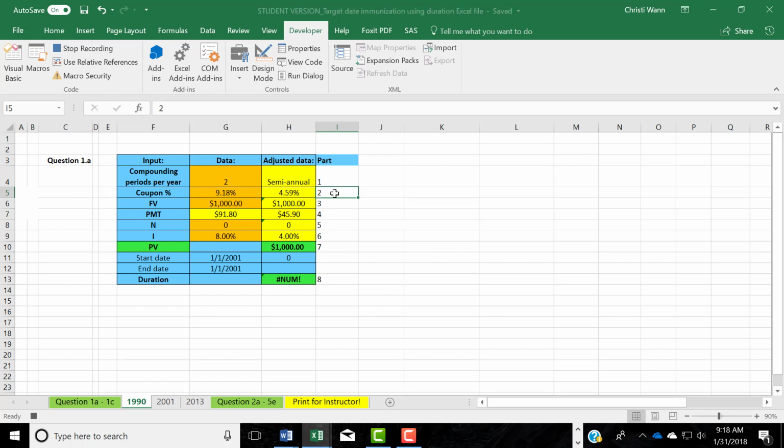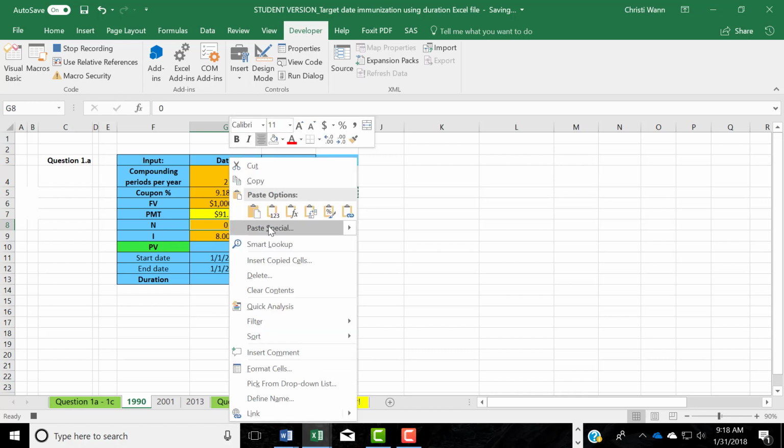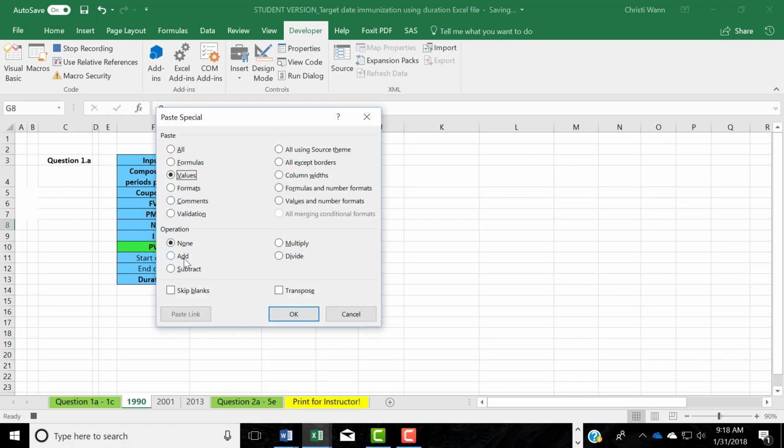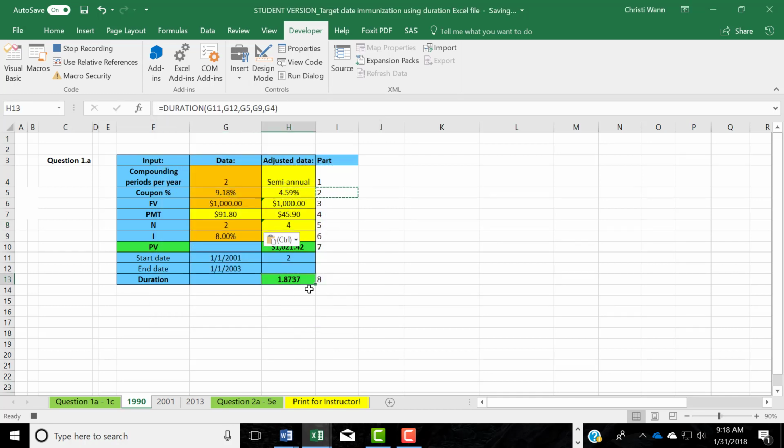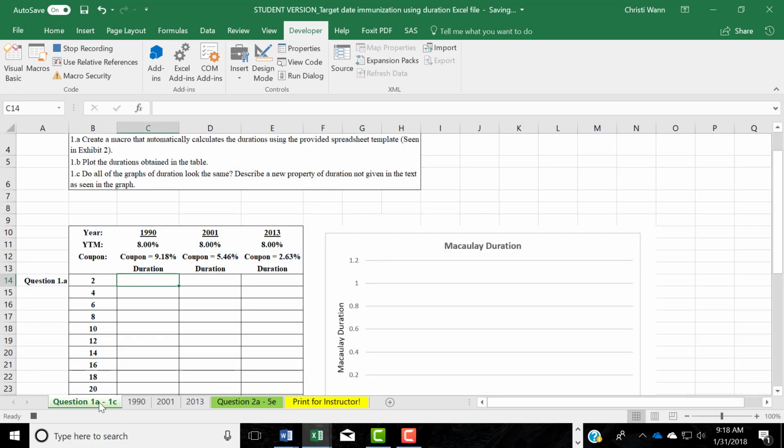And now I'm going to click on cell I5, and I'm going to do Control C on it to copy. Click on cell G8, right click, hit paste special values and add because I want to add 2 to 0. Then I get this duration, I hit Control C to copy it, go over here and click on use relative references, click on this cell C14